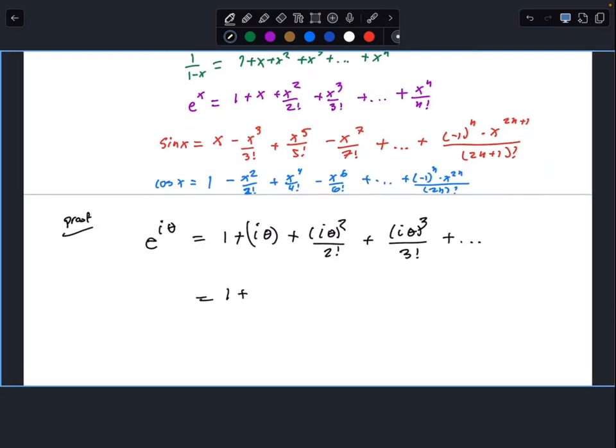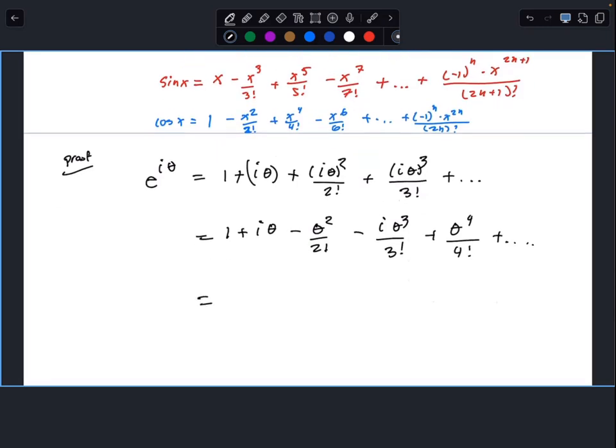This gives me 1 plus i theta minus theta squared over 2 factorial minus i theta cubed over 3 factorial plus theta to the 4th over 4 factorial plus dot, dot, dot. Yes, because remember i squared is negative 1, and i to the 4th is just positive 1,